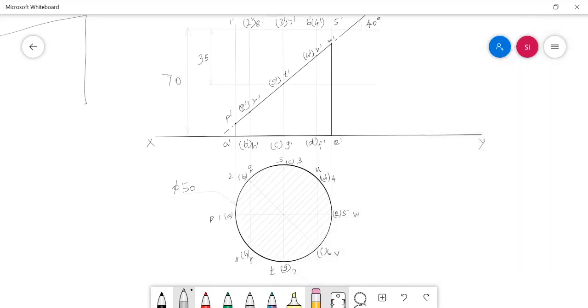Completed. So here the cutting plane is not parallel to the base of the solid, so we need to draw